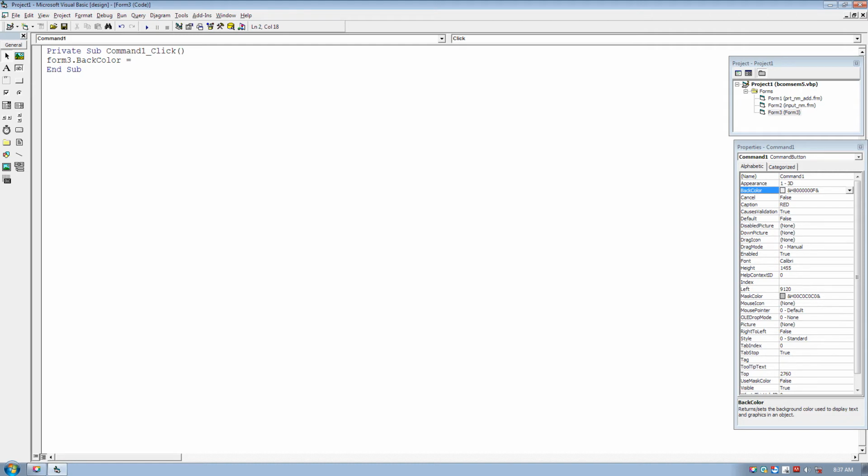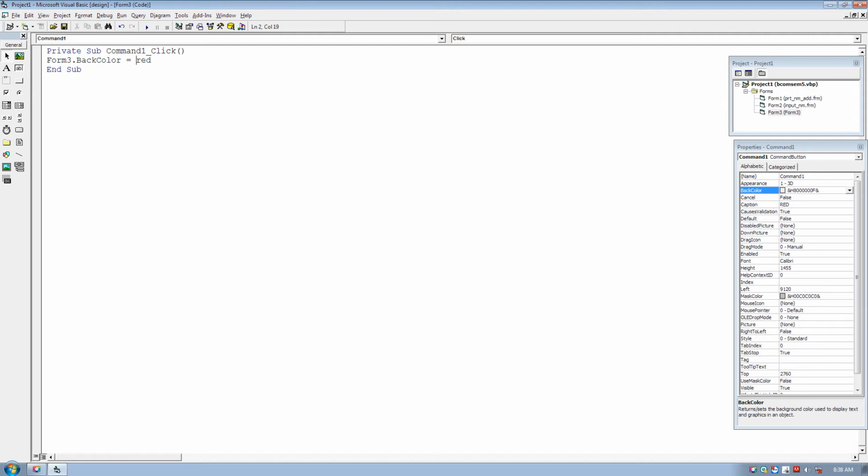Now I want to set the back color of form 3 to red. I have written red, but this will not work because VB does not understand red. Red is not a keyword in VB. Rather, Visual Basic provides you some ready-made colors, called color constants.